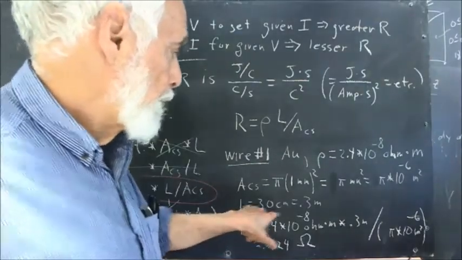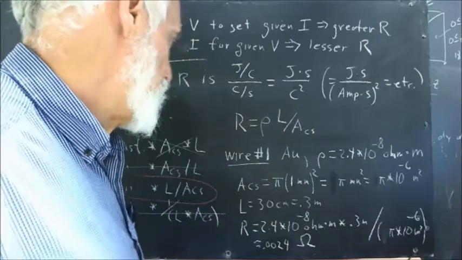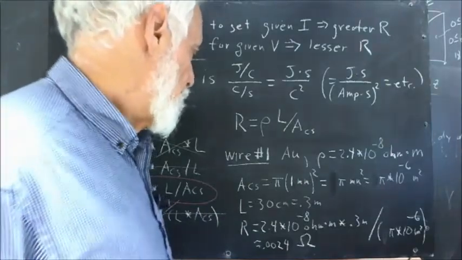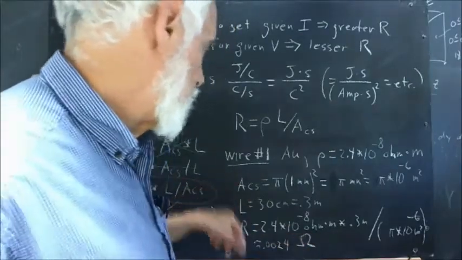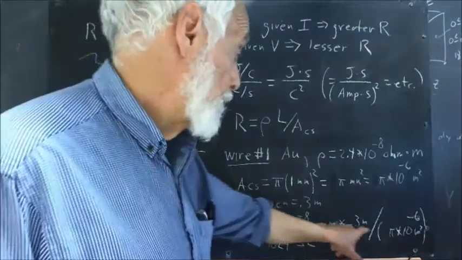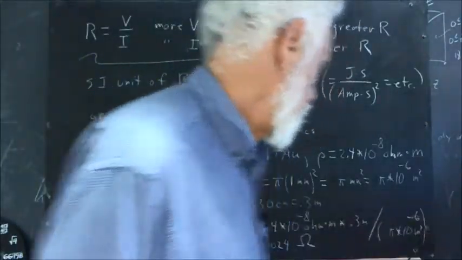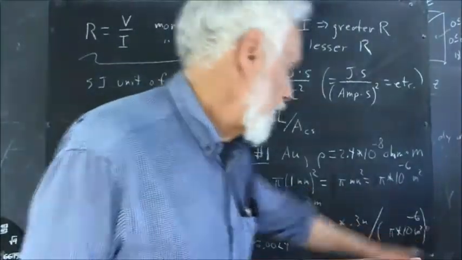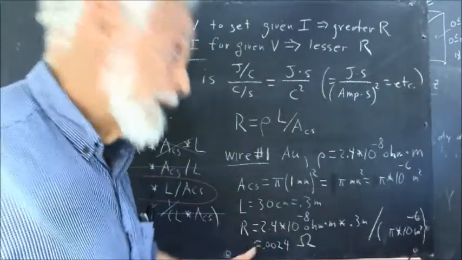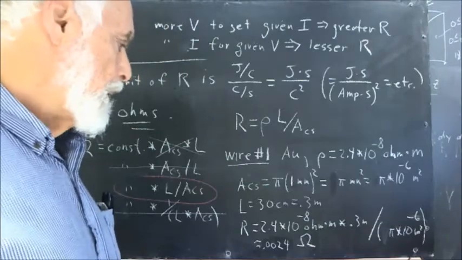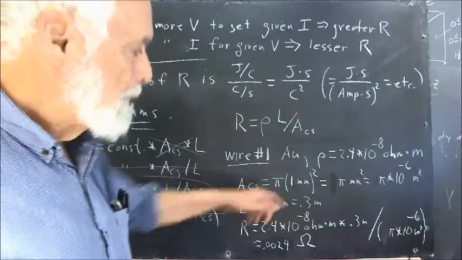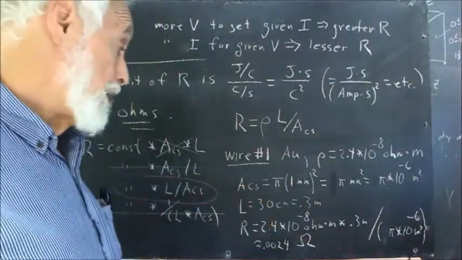Okay, the length is 30 centimeters, which is 0.3 meters. So we're multiplying 2.4 times 10 to the negative 8 ohm meters, the resistivity, by the length, 0.3 meters, and dividing by the area, which is pi times 10 to the negative 6 square meters. 10 to the negative 6 into 10 to the negative 8 is 10 to the negative 2nd. Pi into 0.3 is about 0.1, and 0.1 times 10 to the negative 2nd is 10 to the negative 3rd,